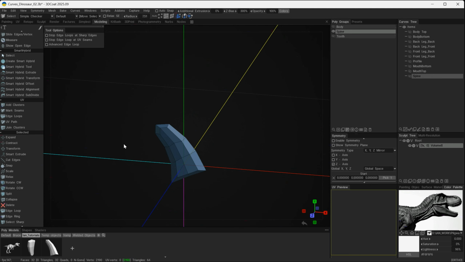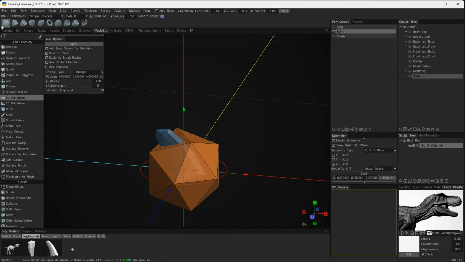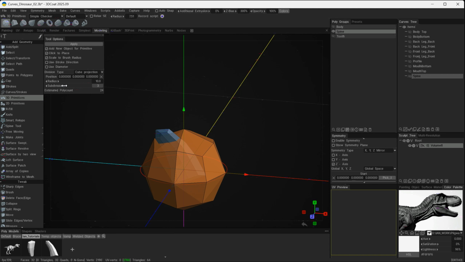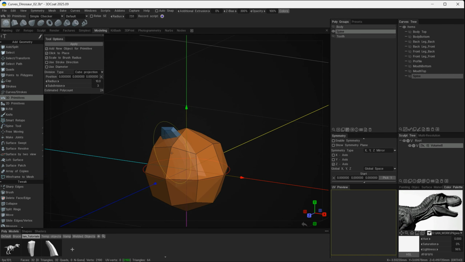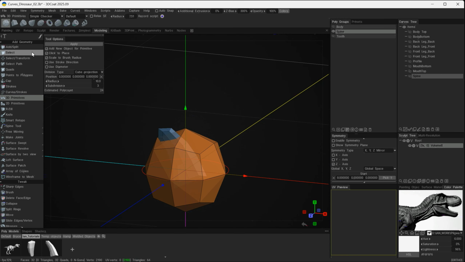Now the way I created this is simply going over to 3D primitives. I selected the sphere here and changed it from triangle to cube projected, and I just reduced the number of subdivisions here to 3, and then I just went ahead and modeled this primitive object into the shape that we